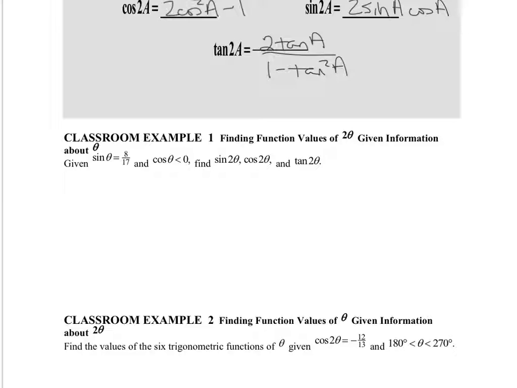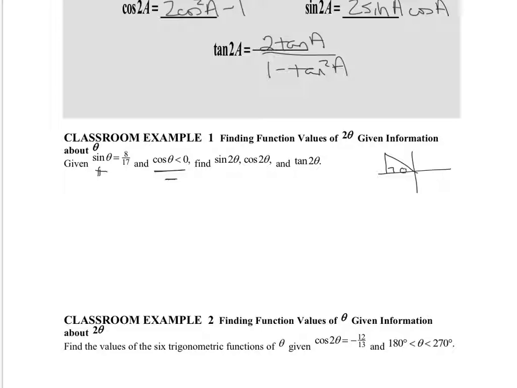Well, I have a question. Why do you think they told us this part right here, that the cosine of theta is negative? What's that going to allow me to figure out? Which quadrant I am in? Very good. I can look at the sine ratio, and the sine is positive, but this tells me that the cosine is negative. Which quadrant am I in? First, second, third, or fourth? Where would the sine be positive but the cosine negative? Second quadrant. Very good. So I'm going to sketch a right triangle in the second quadrant,